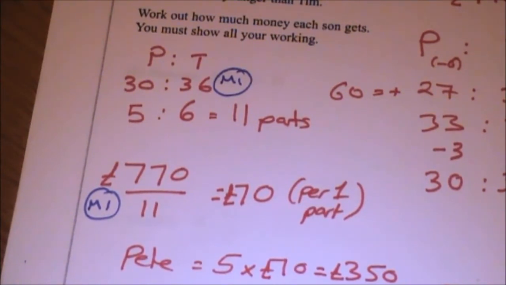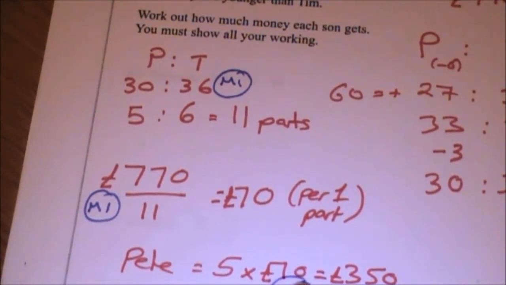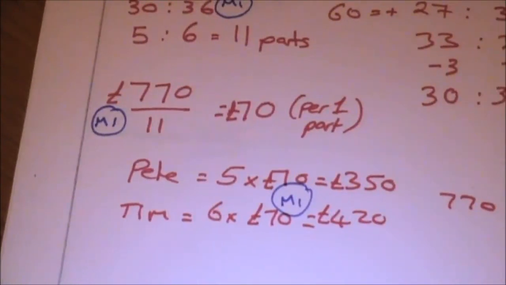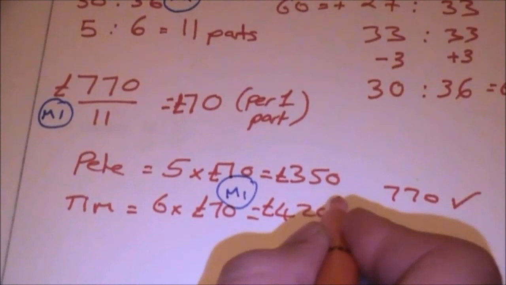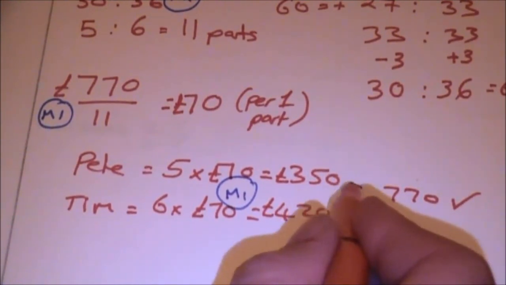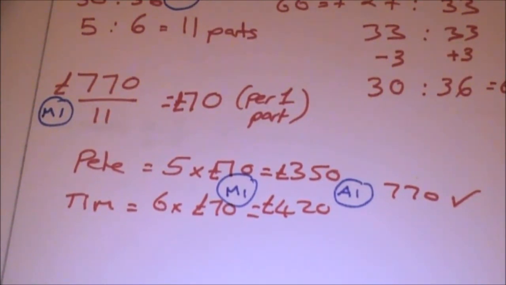You get a mark here for showing that you've multiplied the ratios up. You get an answer mark here for getting both of those correct. And then you get the final mark for